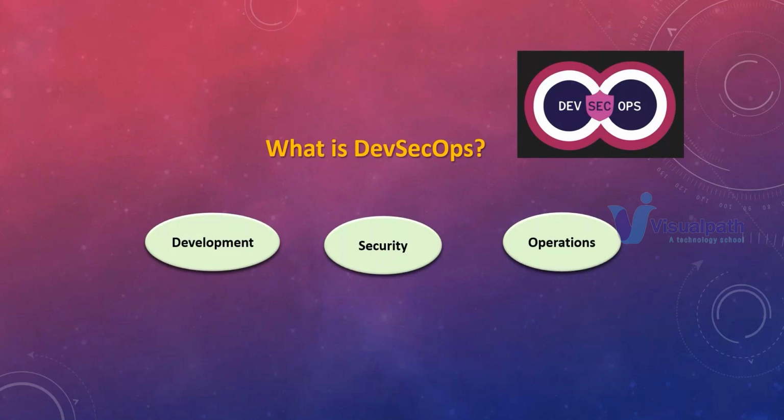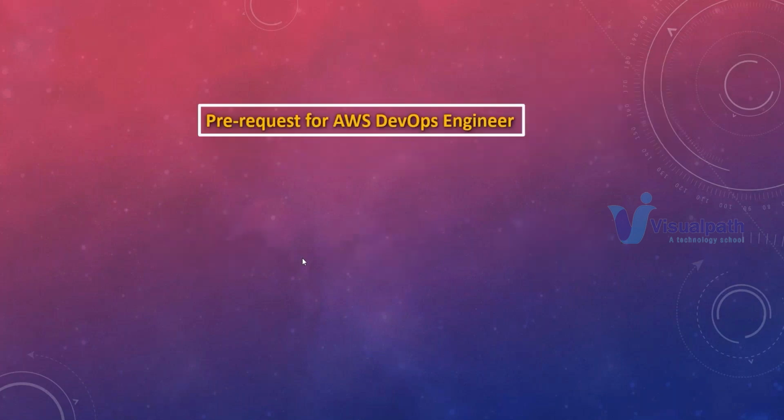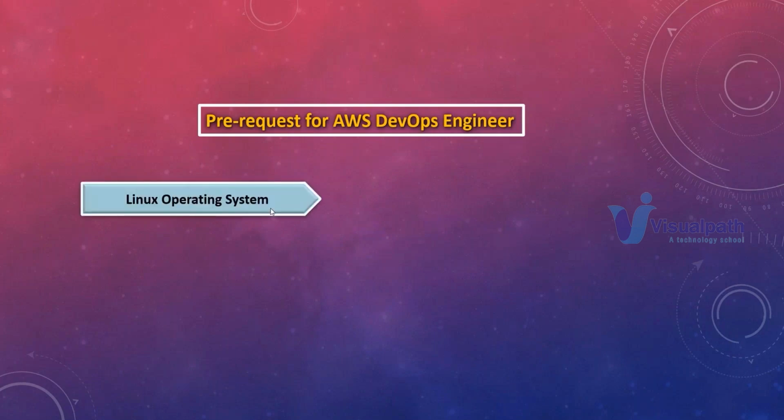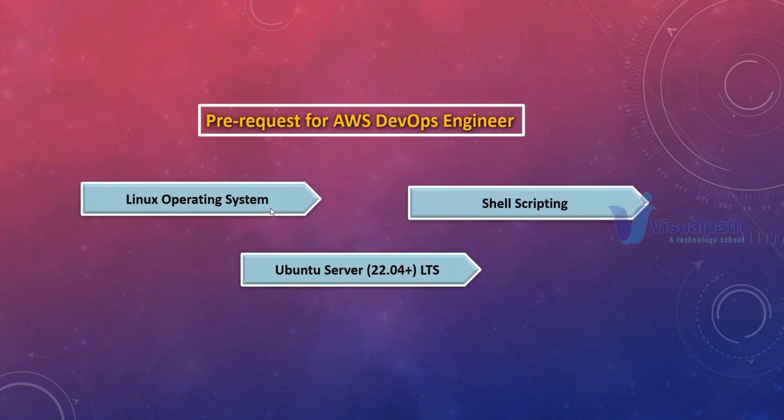Okay. So now let us understand other things. To be a DevSecOps engineer on AWS cloud, what are the topics or tools that we have to learn? Let us see that. As part of that, let us see what the prerequisites are for an AWS DevSecOps engineer. Okay. First, we need to learn AWS DevOps tools. Before learning AWS DevOps tools, first we need to learn about the Linux operating system. In that, I will be using the Ubuntu operating system. And finally, we need to learn about shell scripting.